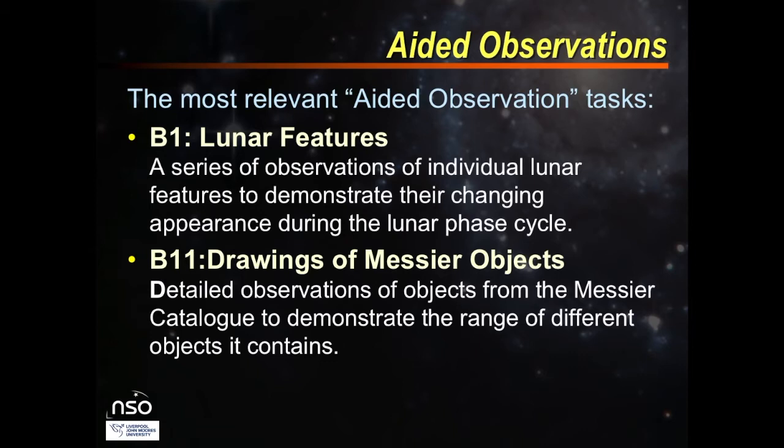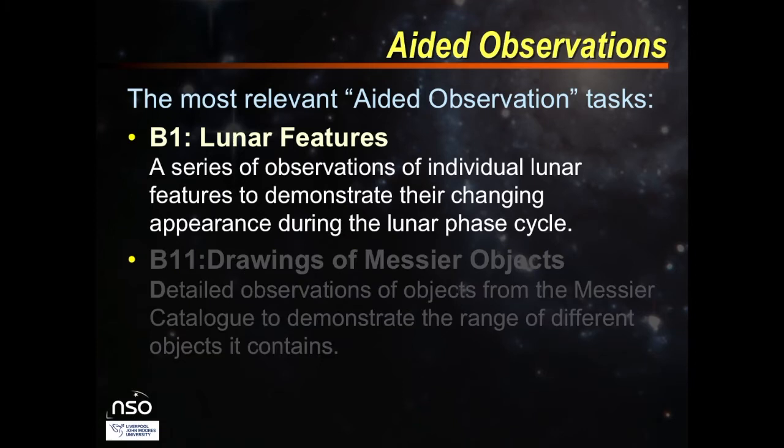So obviously they won't be doing drawings. They'll be taking images and processing them in a computer, but that fits into the same category. So they're the 2 that we have set up on the school's observatory website. It would be possible to do some of the other tasks, but they're not as straightforward and they're not as suitable for robotic telescopes. Starting with B1, I'll guide you through the process on the website in a few minutes, but first I'll just show you the kind of things that you can get.